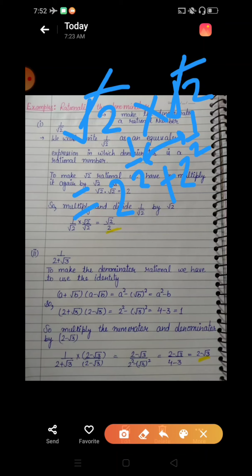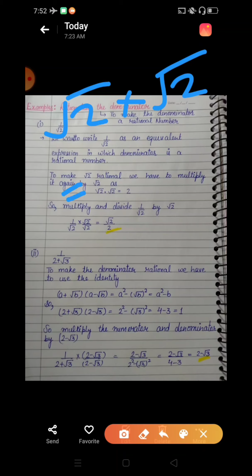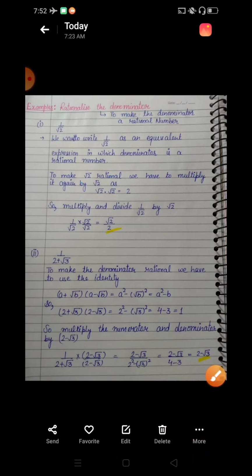Half plus half equals 1. So when two roots are multiplied with the same base, the answer is our base value. To make the denominator rational, we have to multiply the denominator by root 2,